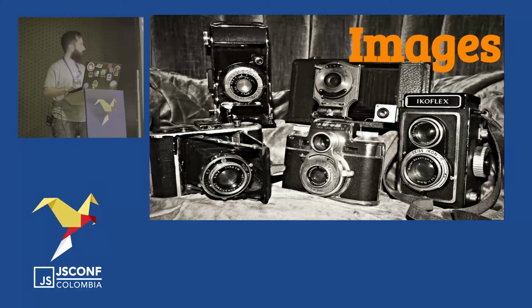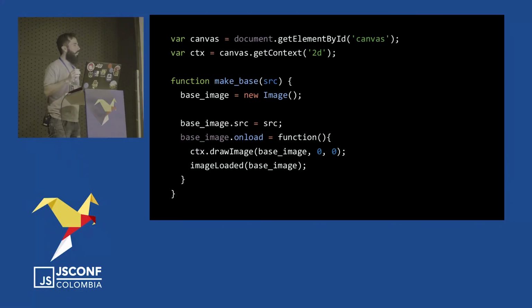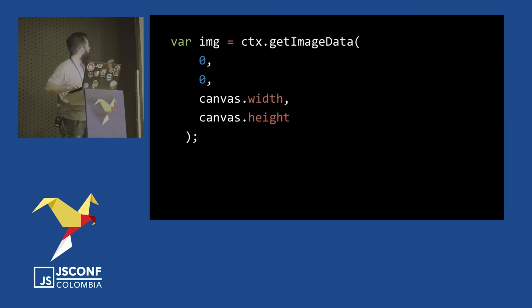Let's say I have a canvas. You can load and draw an image to canvas, and this is simple. This is a simple method you can use, totally copied from Stack Overflow, and you can acquire the image data that is drawn on the canvas.